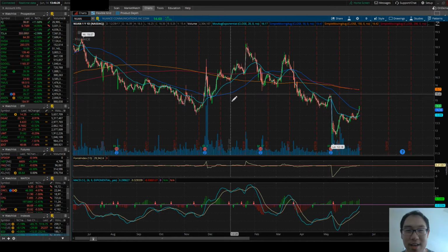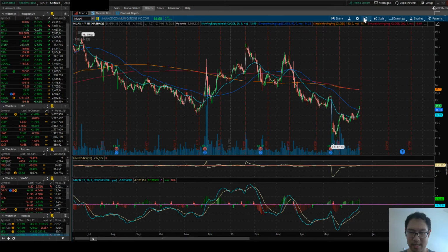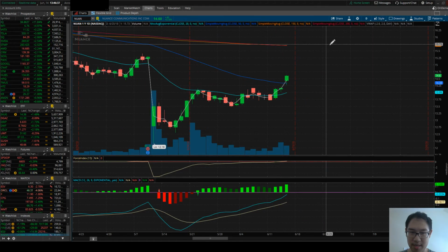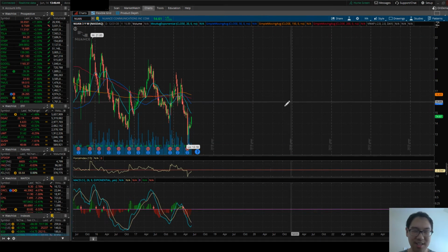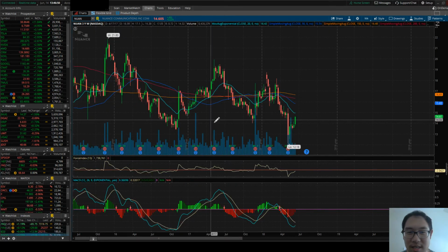So NUAN, here it is. We're looking at the 1 year chart. Okay, we gapped up today. That is an interesting pattern. You see on the 3 year chart, it doesn't look so appetizing anymore. The reason is,